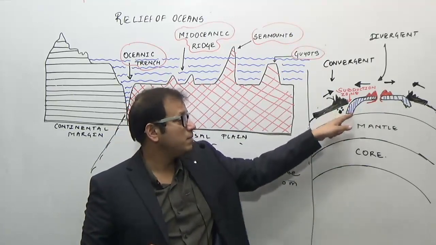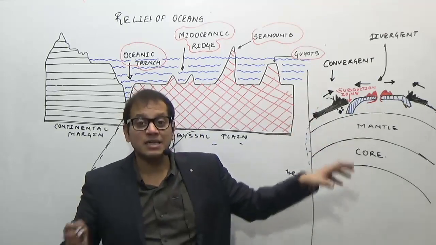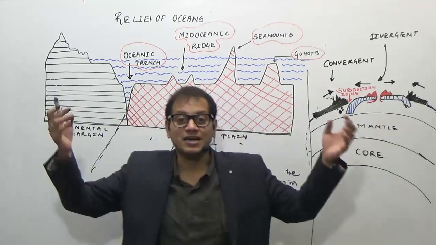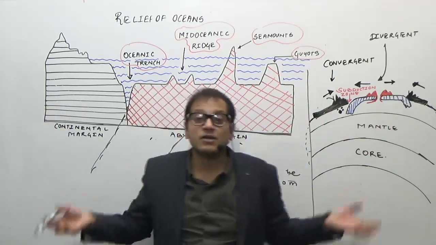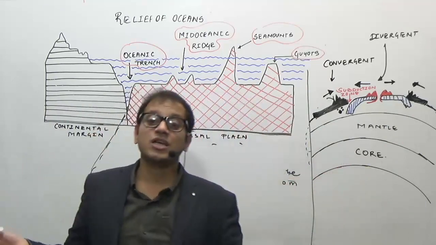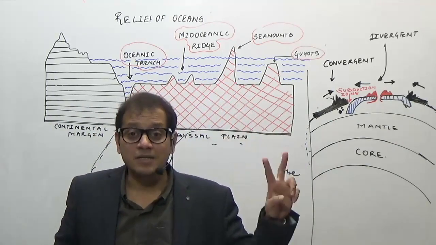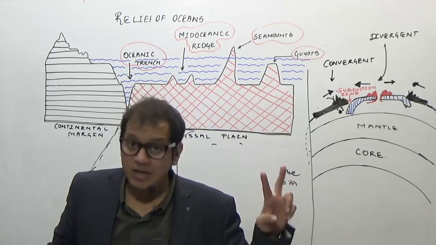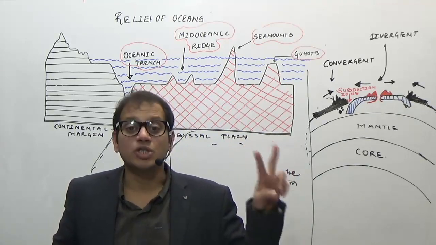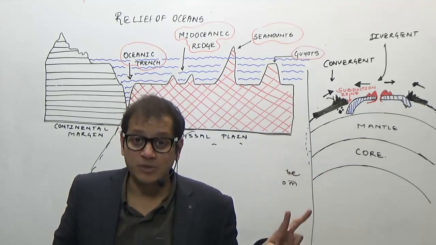Why? Because as the plate is going down, the temperature inside is very high, so the plate melts. After melting, water vapor rises upwards, along with numerous gases, and along with that the fire, that is rock in the molten state, rises upwards, causing volcanoes. So the oceanic trenches are the deepest part of the oceans. We know that they represent what boundary? They represent a convergent boundary. How do they represent convergent? Because these are areas where the oceanic plate goes below the continental plate. Therefore, they represent the subduction zones.